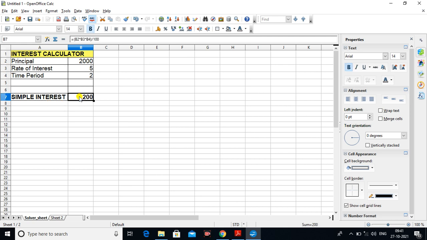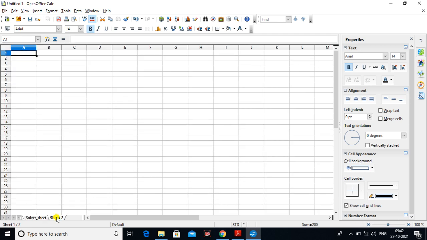Here is the formula for the simple interest, and I also add one more sheet, that is sheet 2. I want to create a reference of the solver sheet on sheet 2.